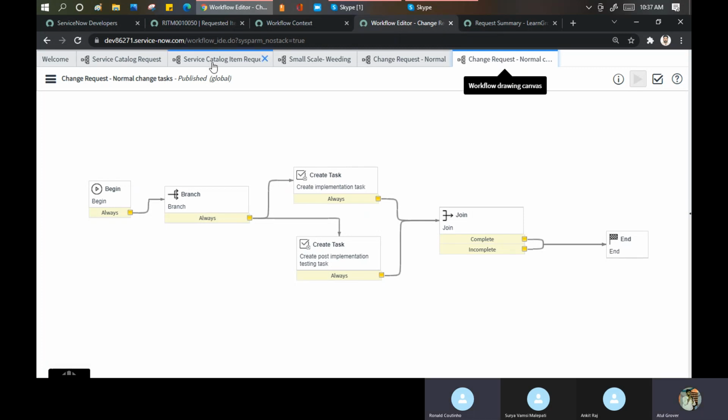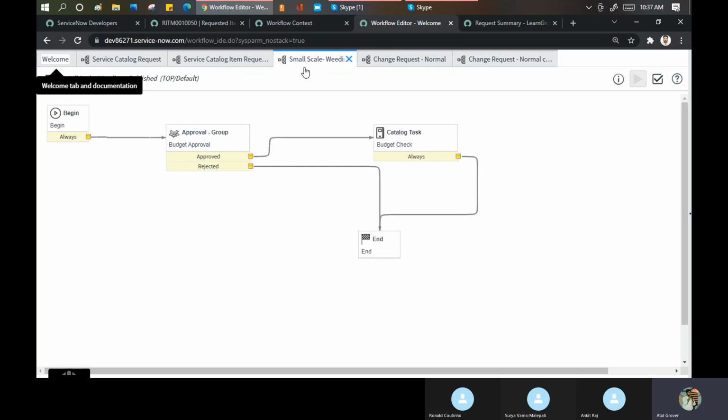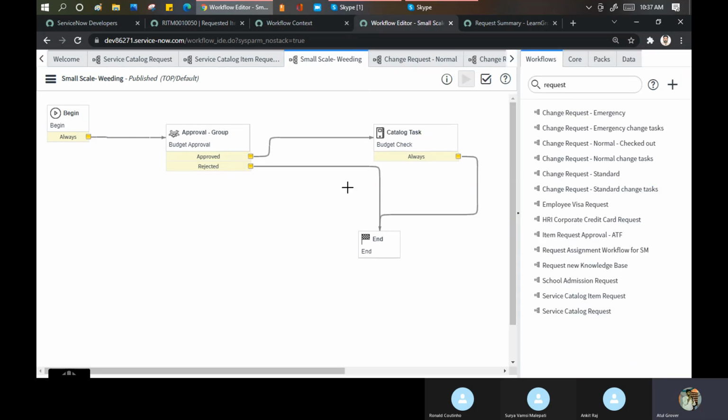Okay, thanks. Okay. Now let's go somewhere back here only. कहाँ गया हमारा small wedding era. Now what is the homework for you guys? See, अभी क्या है? It is not checked out. So you cannot make any changes here. See, it will not work for you because you are not able to map it somewhere. So you have to be checked out first, only then you can make changes.